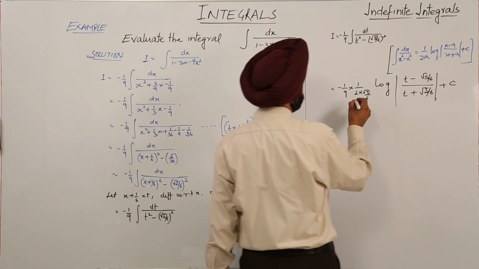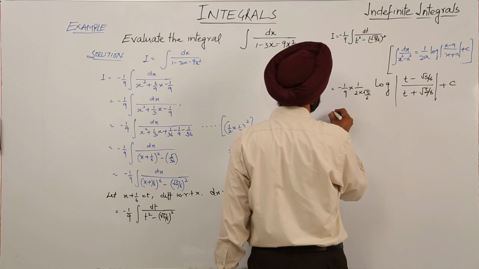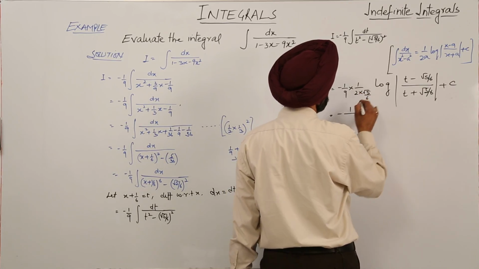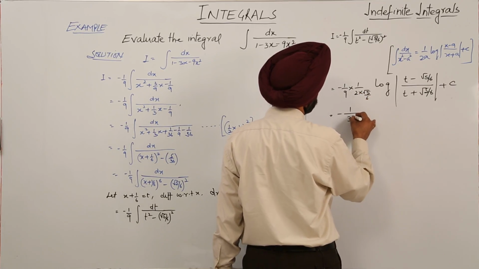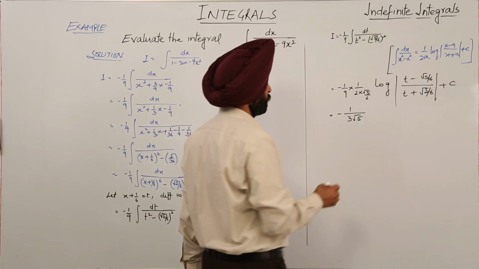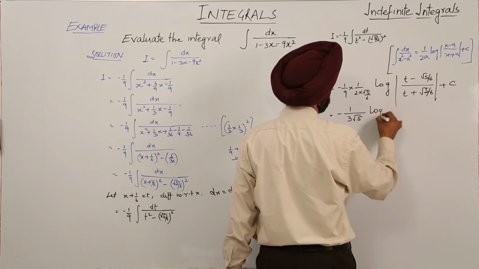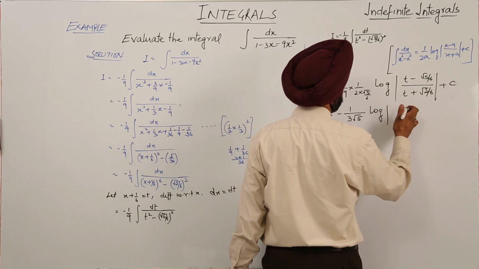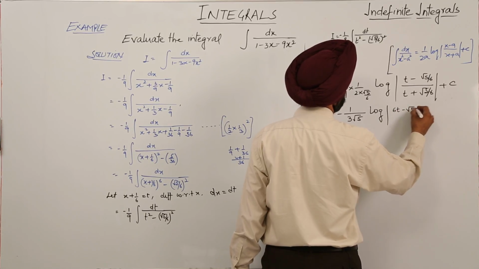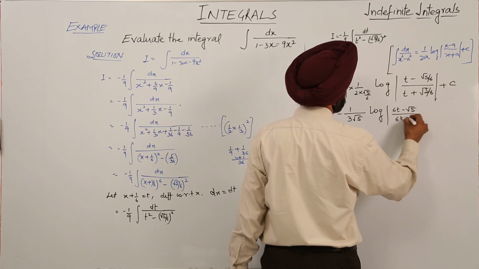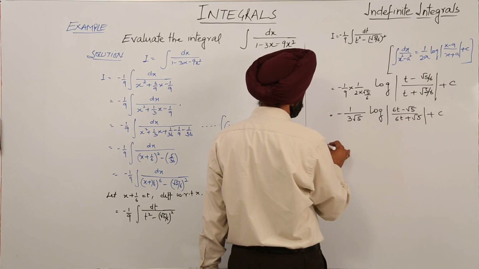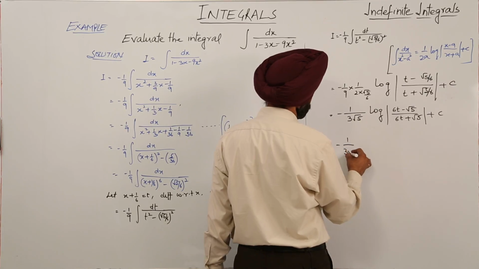Now this cancels. Now we are having minus 1 upon, 2 times 3 becomes 3 root 5, log of (6t minus root 5) upon (6t plus root 5) plus c, and this is equal to minus 1 upon 3 root 5